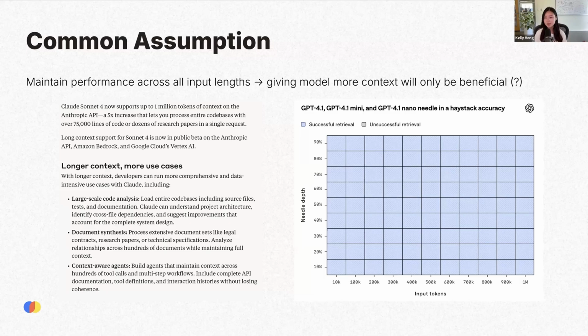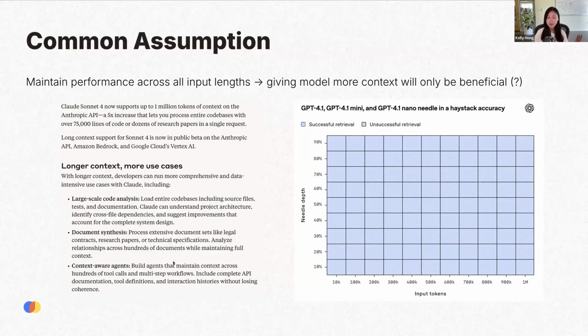And if we assume this to be true, then obviously if you give the model more context, it'll only be beneficial for you. It's going to have more informed outputs just because you're giving it more information, and the model works just as well. When Claude Sonnet 4 came out with their 1 million token context window, they highlighted this benefit. You're able to do the same tasks across larger code bases. You're able to process hundreds of documents at a time,